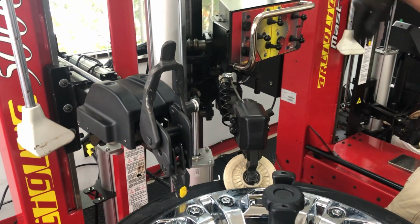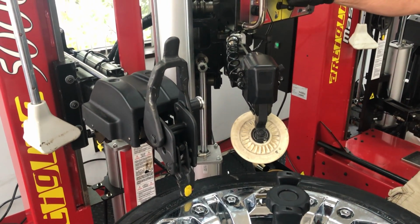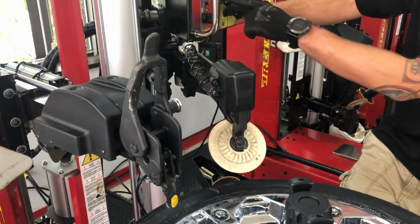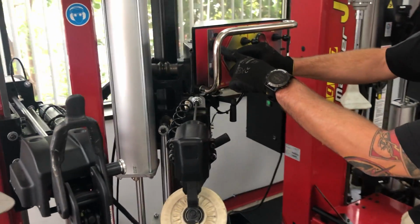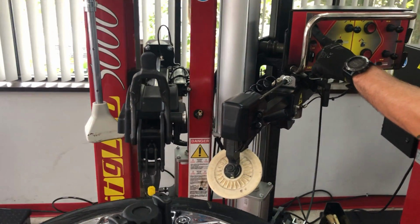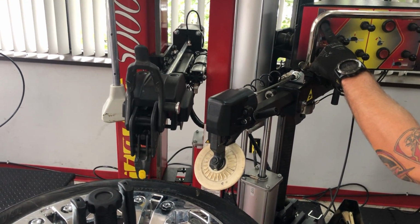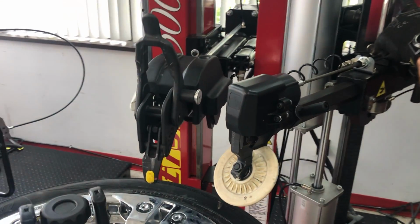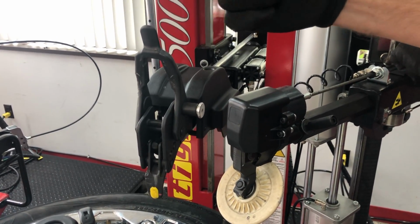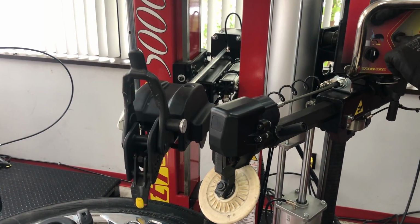Again, as you can see, the top bead was done. We can actually lower this. We have another function before we go that deep, which is this button up here. You will see how it affects the finger. By pressing this button, the finger will actually open up. You have to think, if you were using a pry bar, when you put a pry bar into the tire, you don't go in perfectly vertical, but you angle it. This will help you in the process of